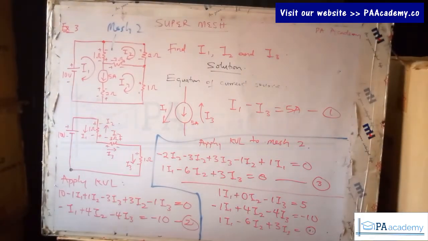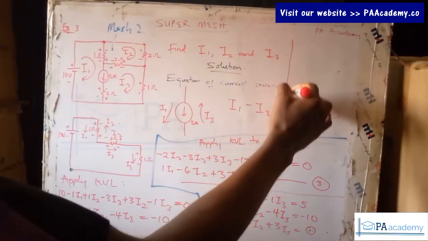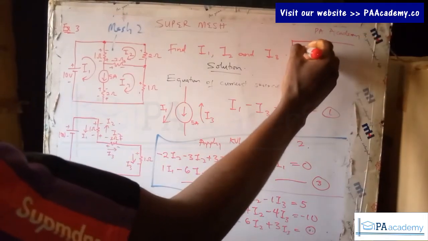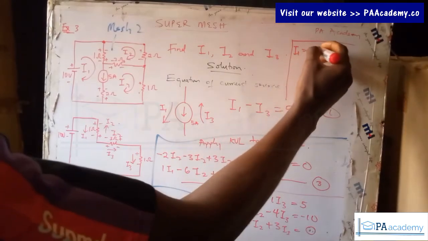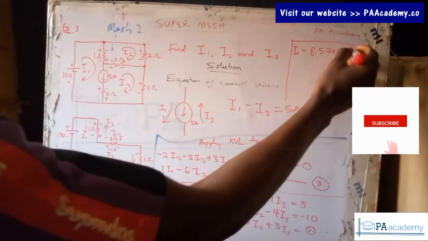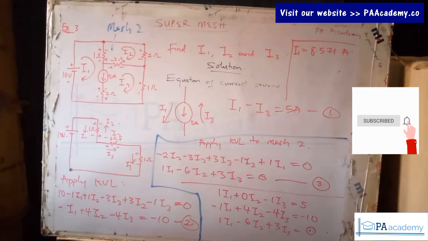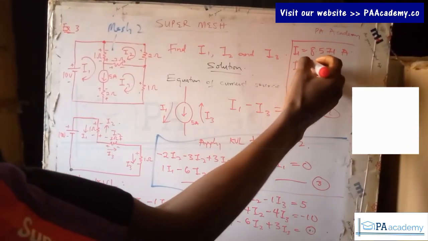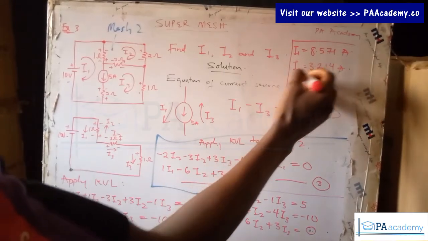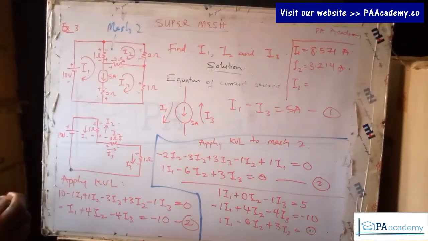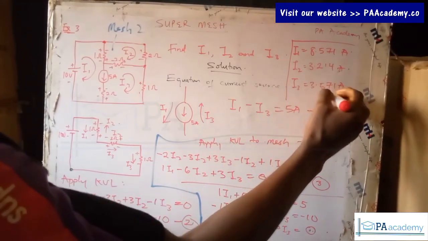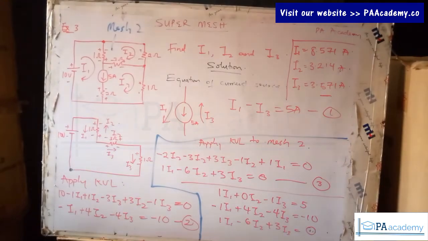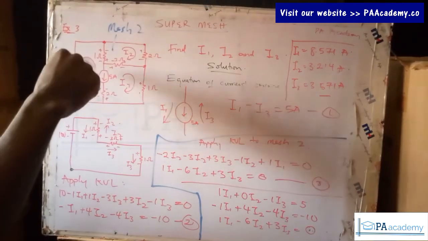If you solve these three equations simultaneously, you are going to get I1, I2, and I3. Whichever method you want to use, maybe the calculator method I was using earlier, you are going to get your I1 to be 8.571 amperes, your I2 to be 3.214 amperes, and your I3 will be 3.571 amperes. These are the values of I1, I2, and I3 as the current flowing in each of those meshes